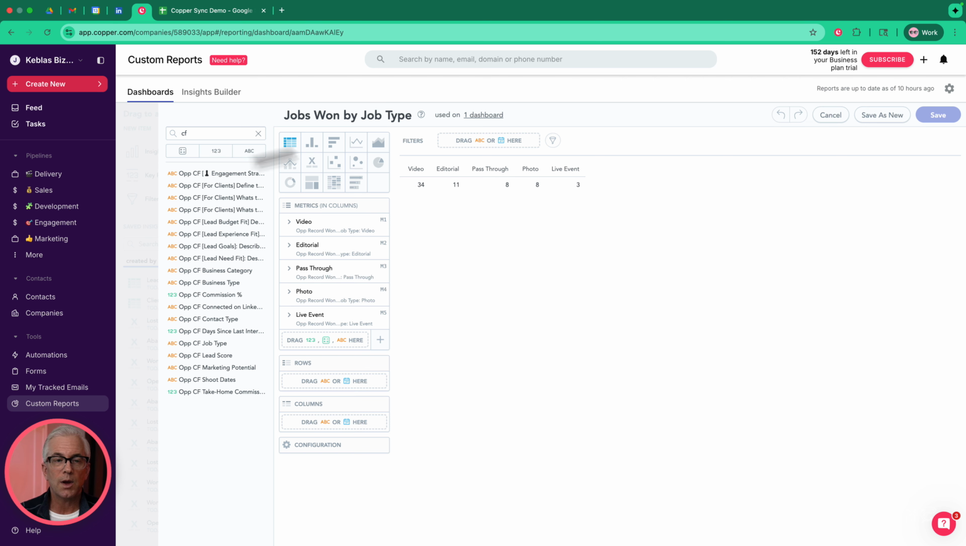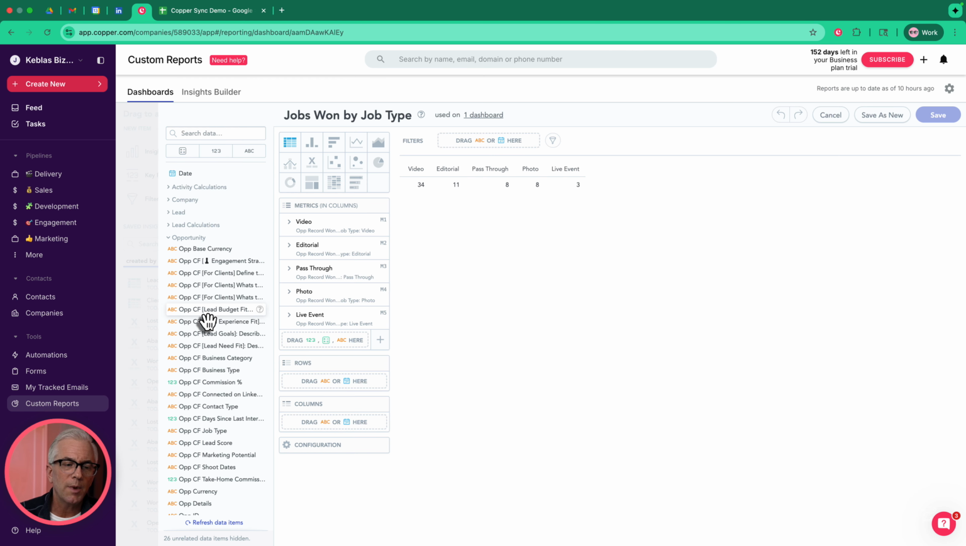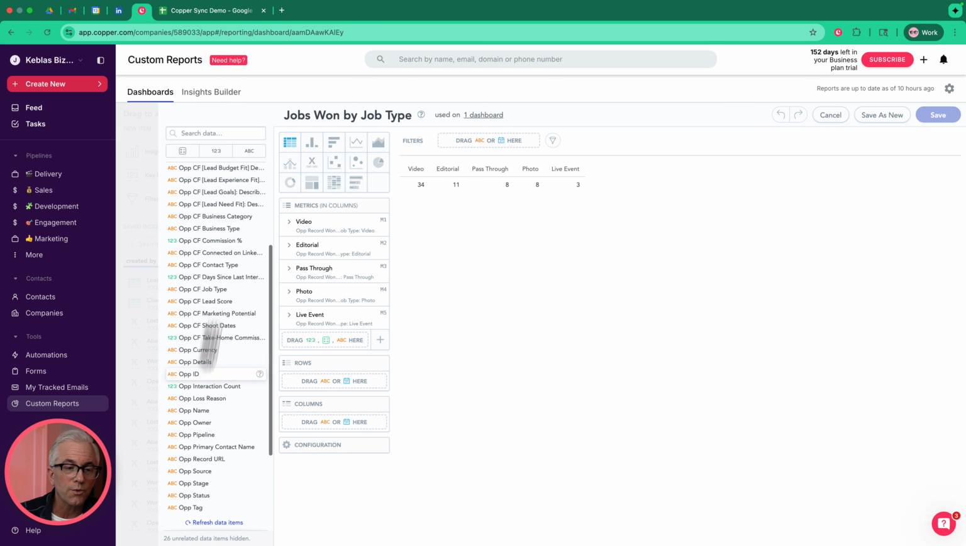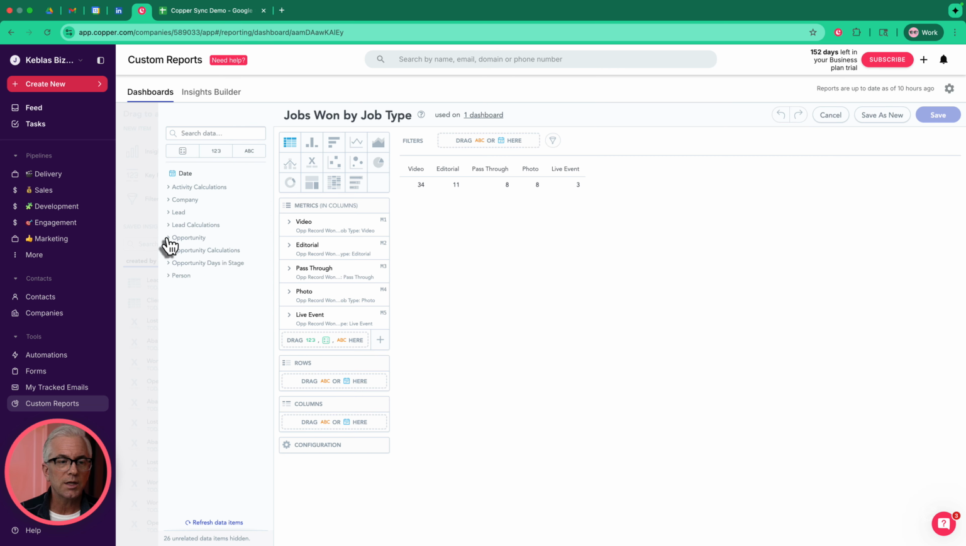I could change this any way I wanted by pulling all this data from over here. You could search just by names that you lost, and all those things will come up. Or you could search, I'm looking for opportunity information. You could just find it here and scroll through. Sometimes it's nice to just see what is even available if you don't know what to search for. It's nice just to go through these little categories and see what is possible to